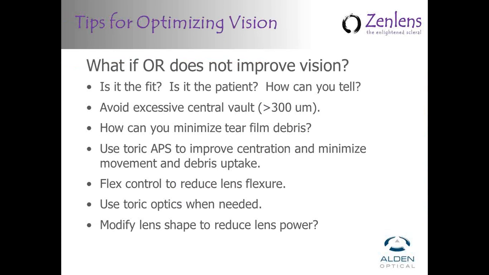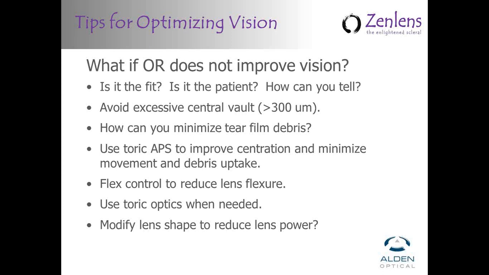So, and I may ask Dr. Jedlicka to jump in here on some of this too. What if over-refraction does not improve the vision? Sometimes, as we alluded to, there's debris uptake that gets drawn into the tear film, possibly because the landing zone is a little too flat, or maybe requires some toricity, or if there's excessive vaulting, central clearance over the visual axis over the pupil area,